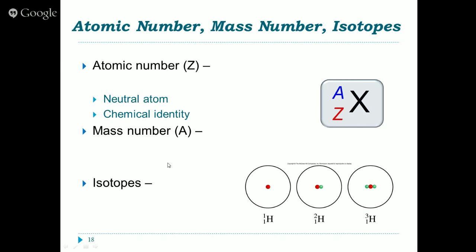So we cannot find the mass number on the periodic table. It has to be given to us, because it is a whole number value. So where do these mass numbers come from? Well, we can look at the isotopes of different elements. An isotope is simply going to vary in the number of neutrons. It has to have the same number of protons, same number of electrons, different number of neutrons.